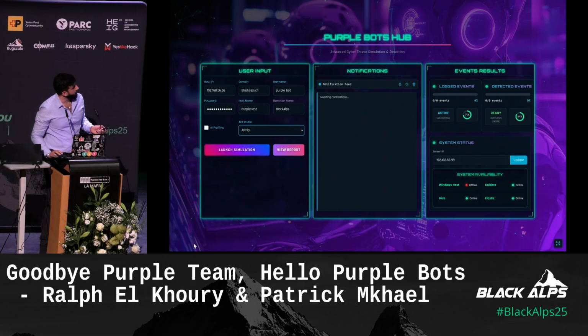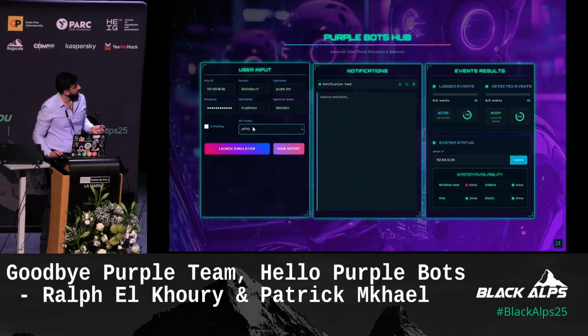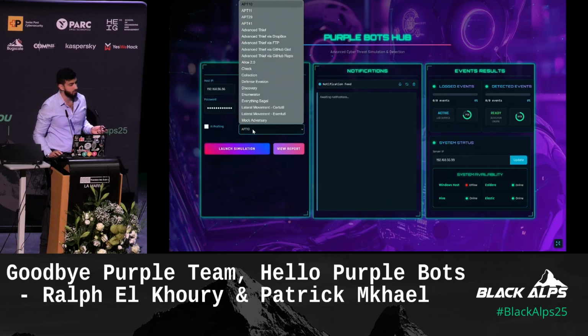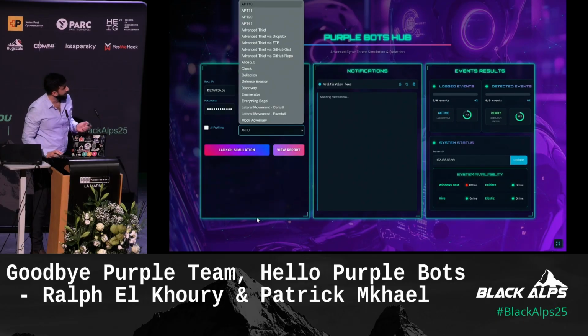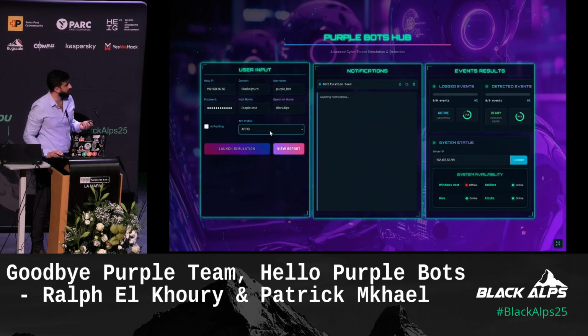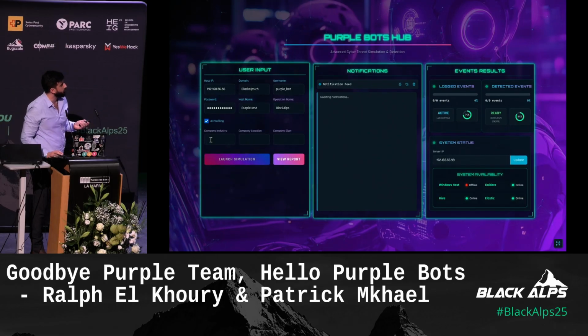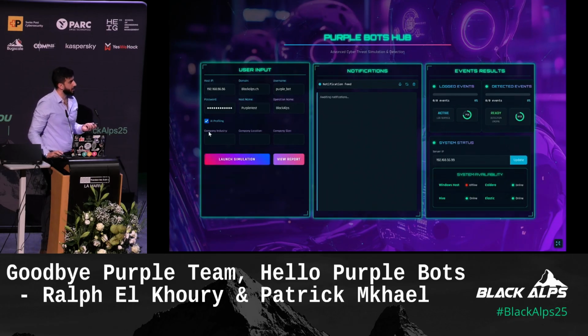Now the next step after you fill those is to select the APT profile that you're gonna execute. So here is a list of predefined APT profiles that you can create in Caldera. In case you don't want to use a predefined APT profile, you can click on AI profiling where you can put the company industry, the company location, and the company size. And based on those three values, the AI will suggest for you the appropriate APT profile that's gonna be used